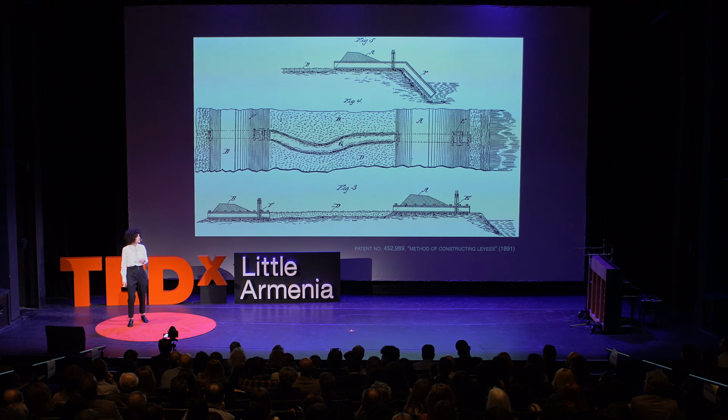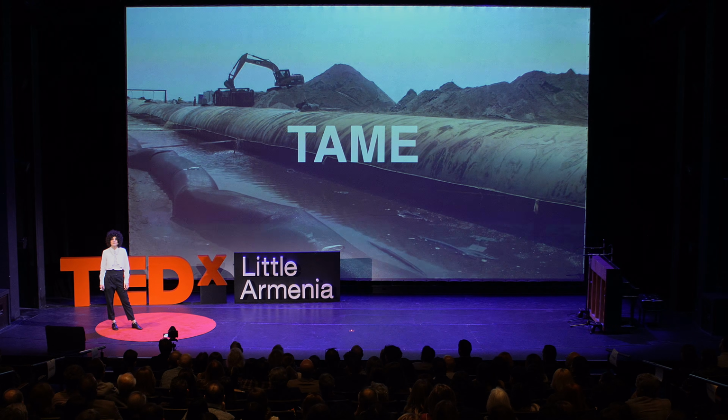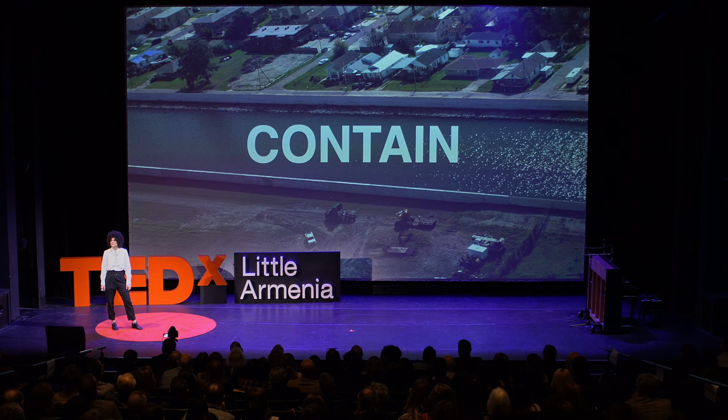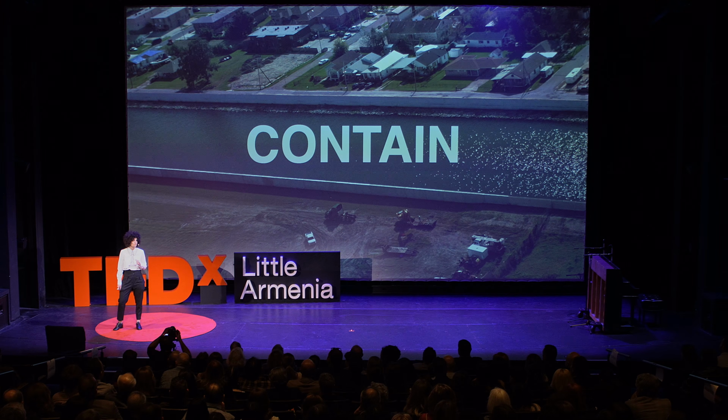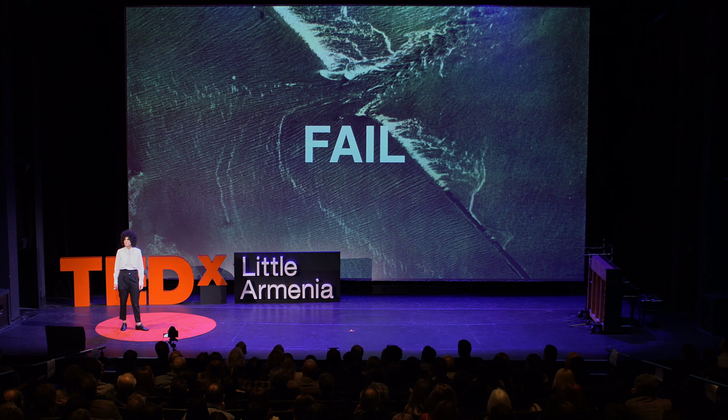And so we design channels and levees in order to tame and to contain the river into a line, to force it into the image of its misrepresentation. And of course, what ends up happening is that, inevitably, the river continues to behave as a river does. Over time, it swells, it overflows, and these same design systems end up failing over and over and over again, as they did in the devastating floods of 1927,